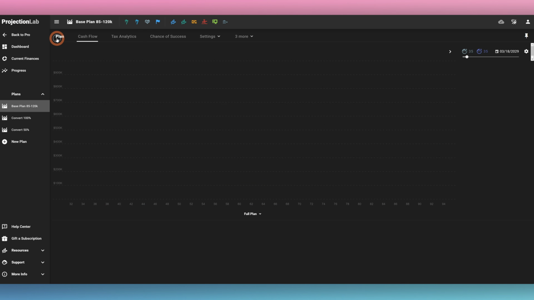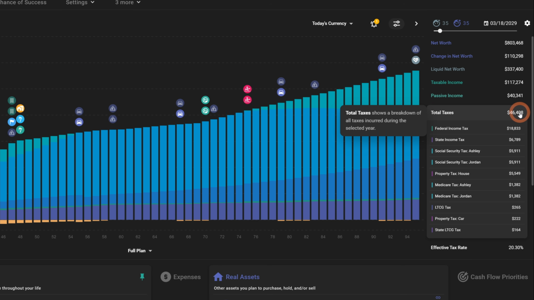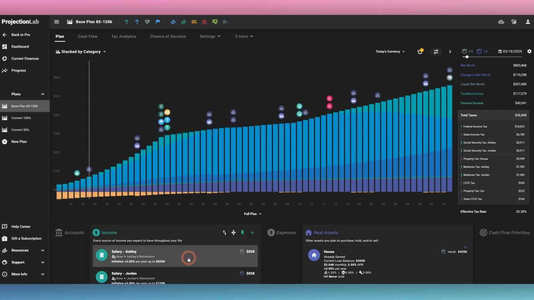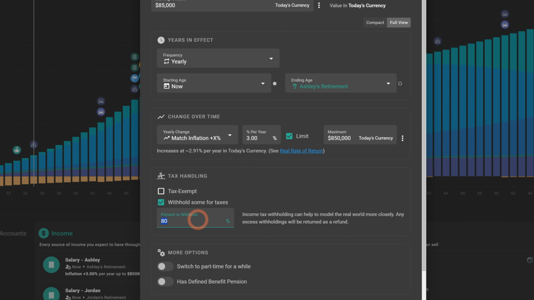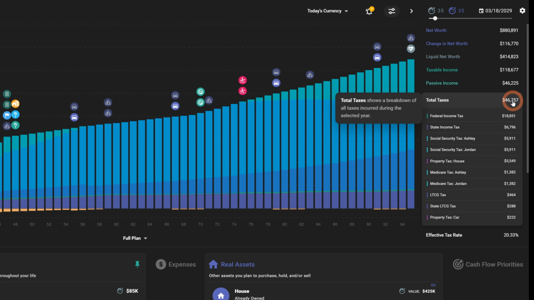And if we go to plan, again, still selected on the same year, we actually see that exactly. We owe roughly 46,000. So let's just keep this number in mind, 46,408. Now, if we go back and fix the withholding to be a little more reasonable, so we go from 80% to 25%, we will see a slight change in total taxes owed, but it'll be very minor. We change this and see it went up by about